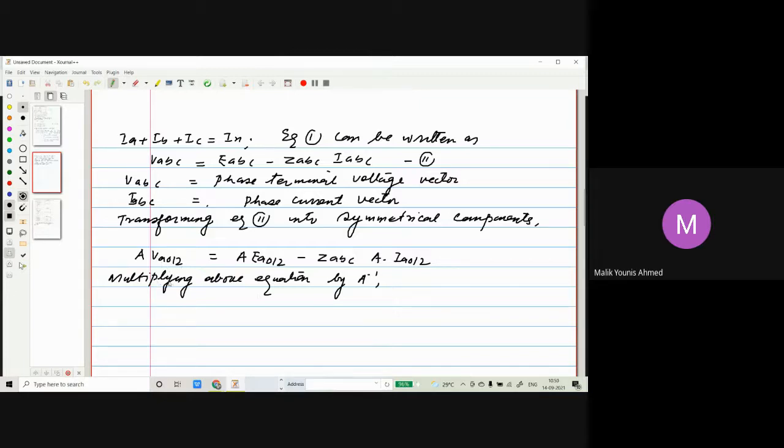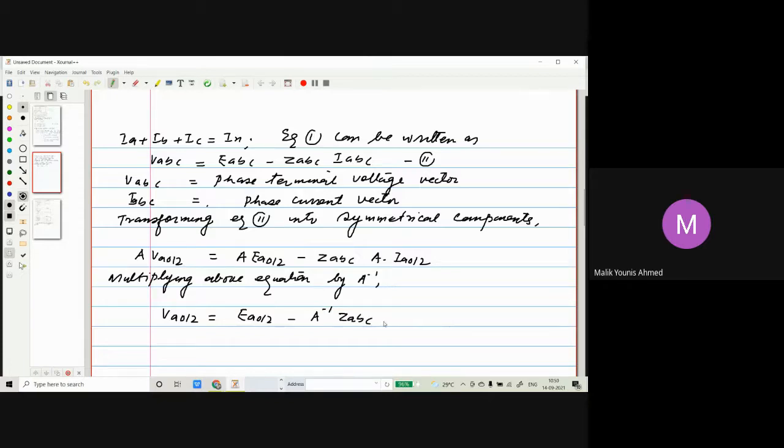Anything multiplied by the unit matrix will be that matrix. I've already told you. Next, A inverse and A inverse are the same. We have the voltage, this EMF matrix, minus A inverse